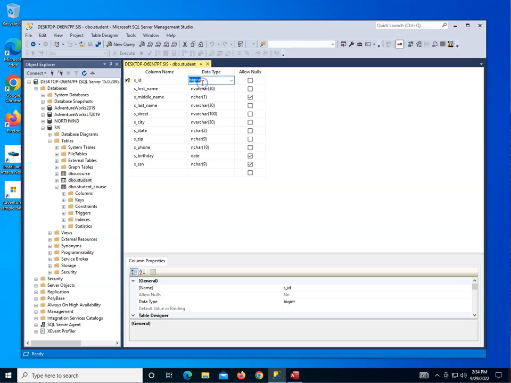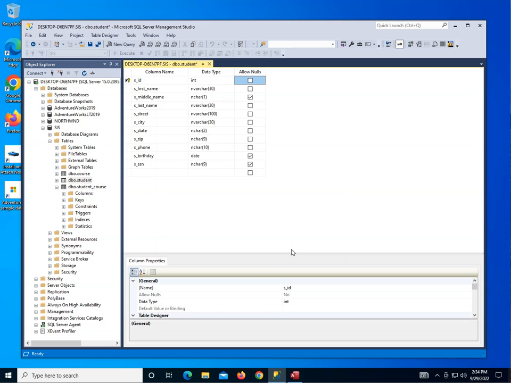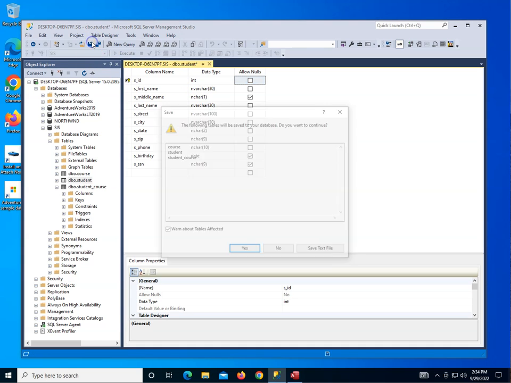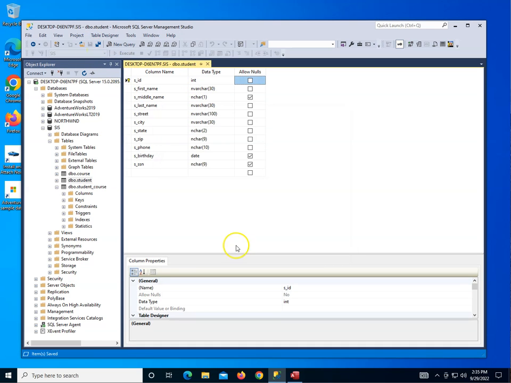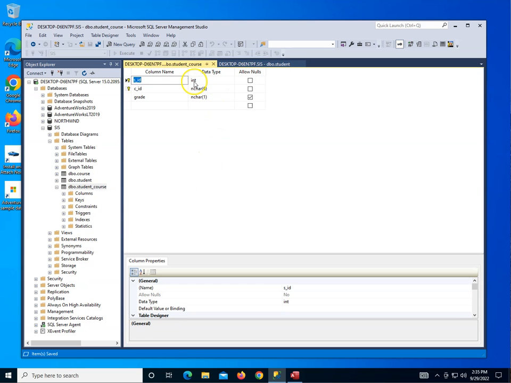So I'm going to go ahead and change this to integer, which of course it says if you want to preserve the relationships, what it's going to do is also change it in the corresponding table. I'm going to say yes, please do that. We're perfectly fine. I don't expect to have 2 billion students, and remember integer can go from minus 2 billion to plus 2 billion. I'm going to save this and say yes. Just to be safe, I'm going to right click and design this one, and you can see it was changed